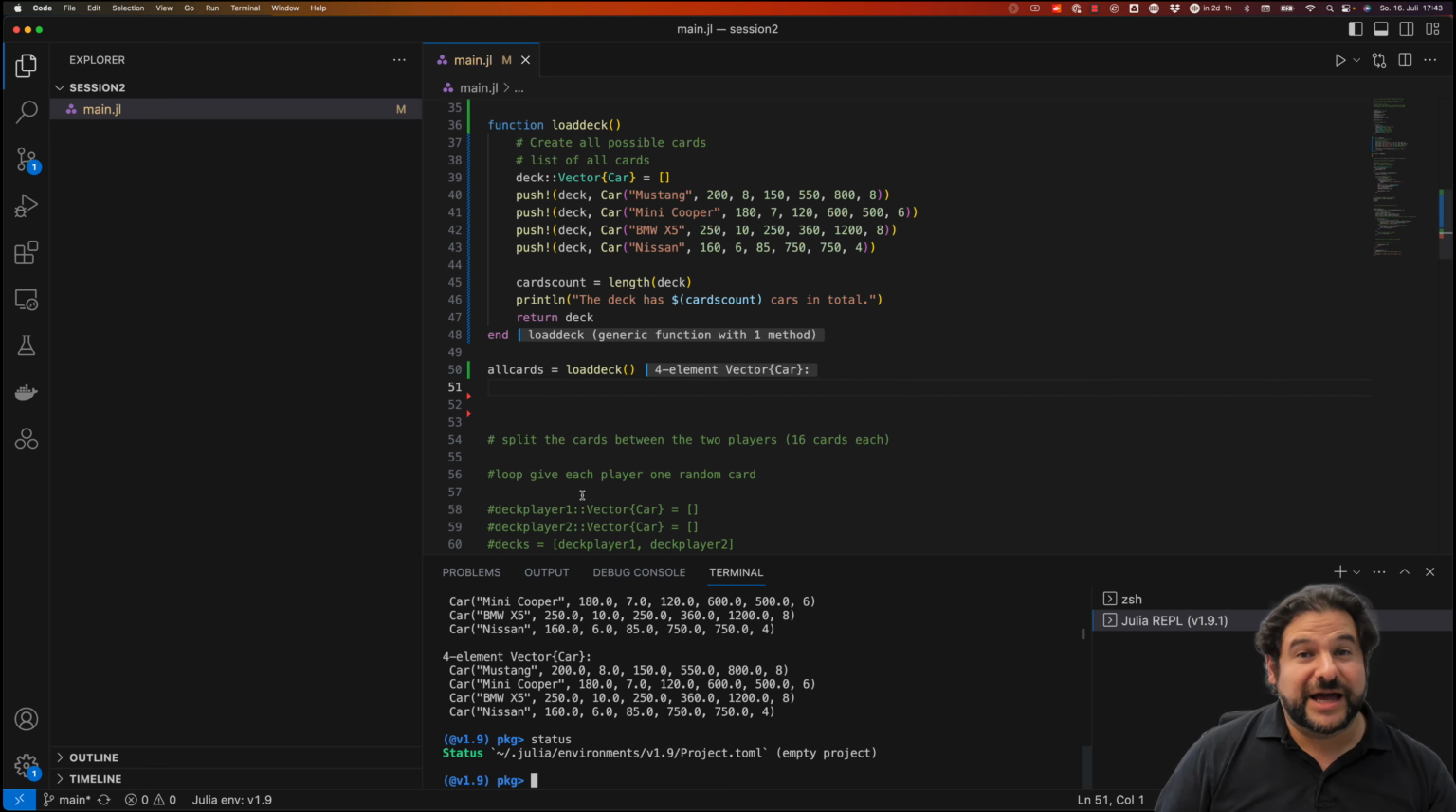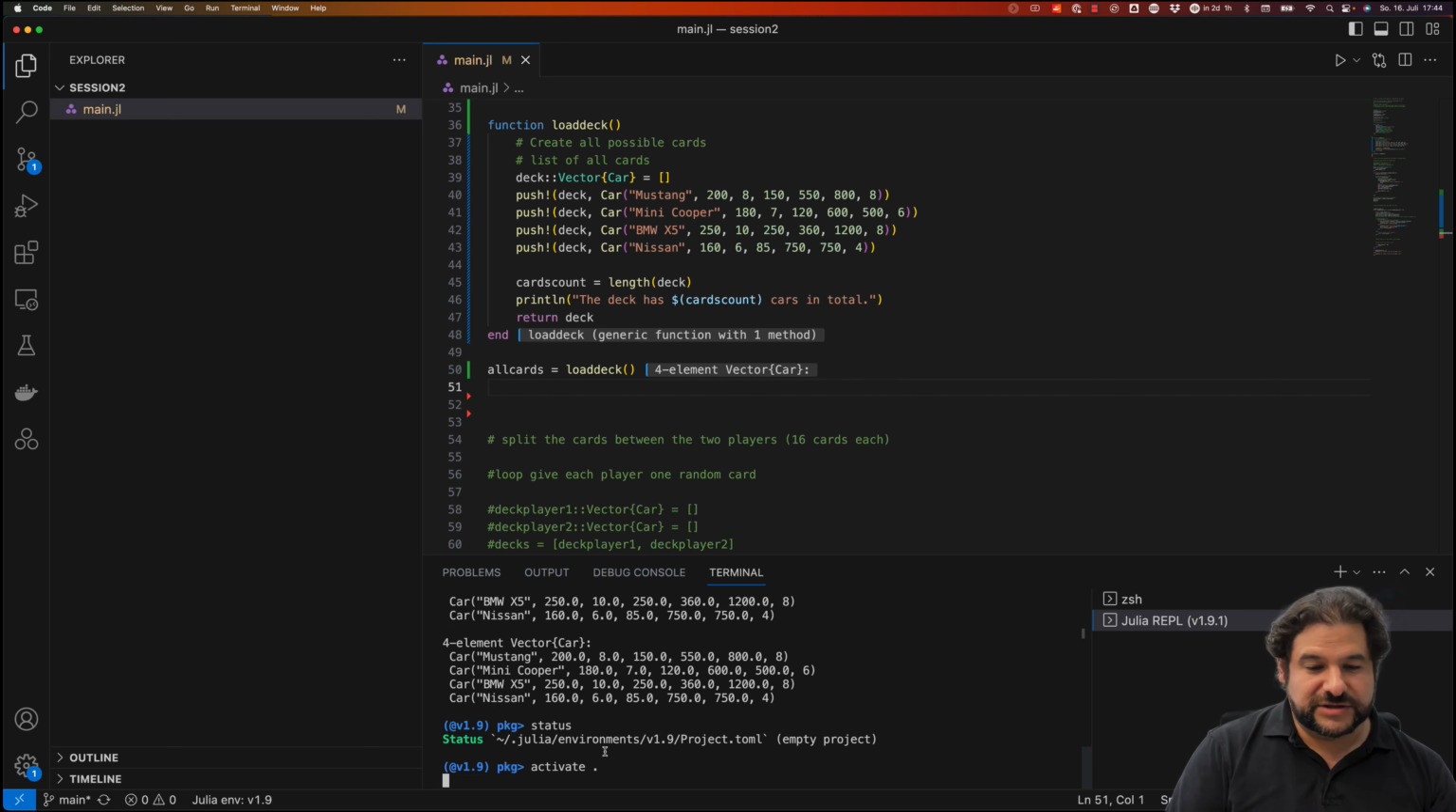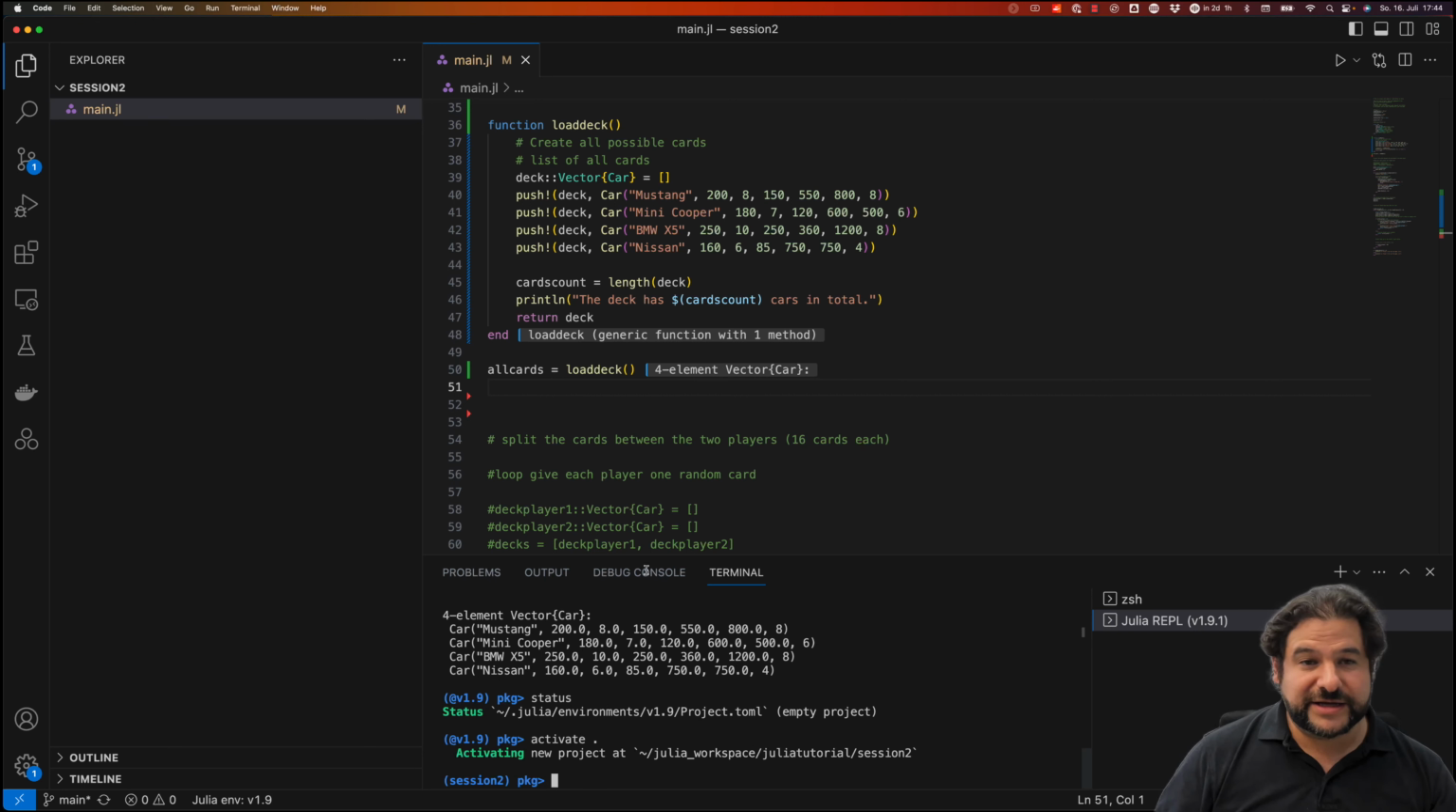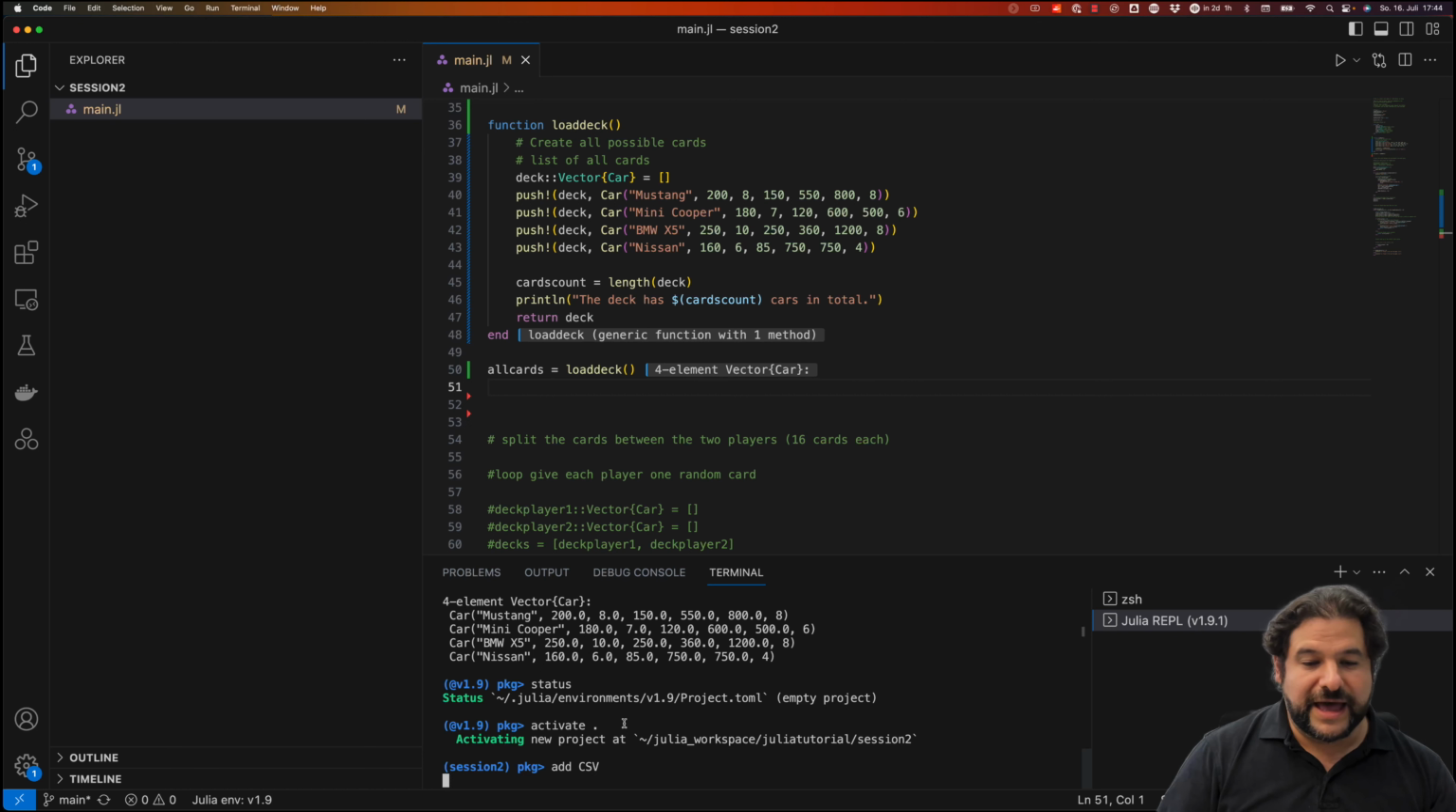So if I add a library here, it will add it to my base Julia environment, and that is something I don't want. So one thing that I can do is I can do activate dot, and this will now activate the current project. It's called session 2 because we're in the folder session 2. And if I now add a library such as CSV, it will add a library to this